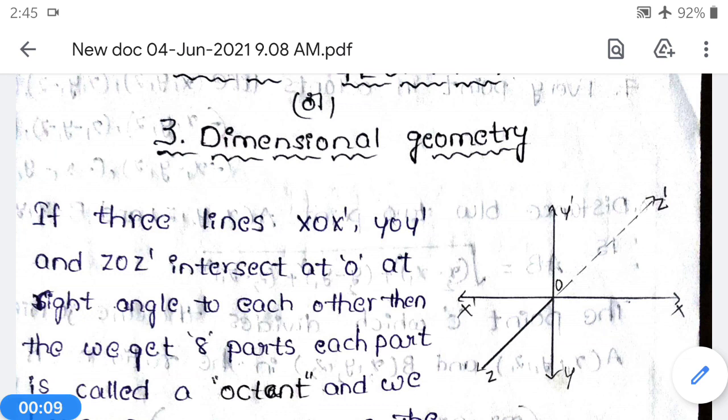This is KVR Narasimha, lecturer in mathematics, Sri Venkateswara College of Arts and Science, Amalapuram, East Godavari district, affiliated to Adikavi Nannaya University, Rajahmundry. Today I will explain lesson number 3 of unit 1 of your mathematics paper, solid geometry. We have already explained 2 lessons on this unit. This is the third lesson.